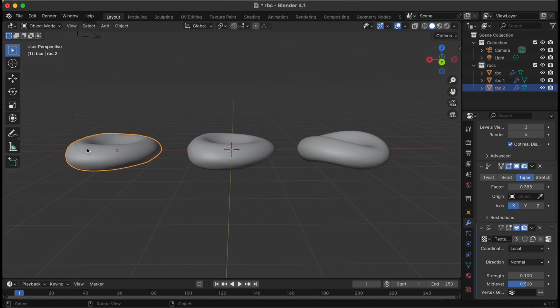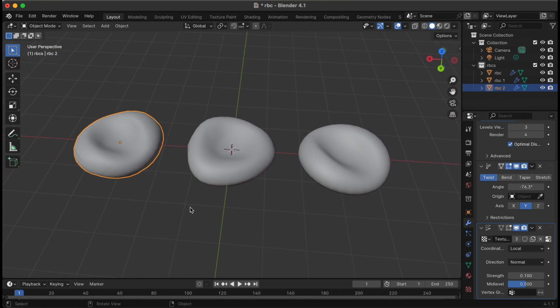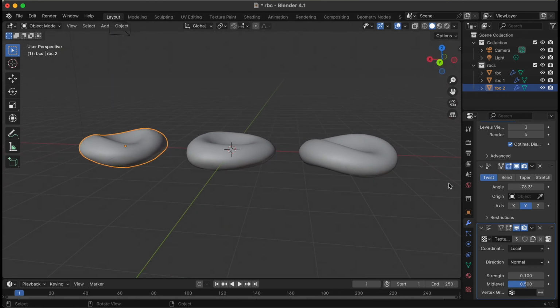For the second one, we can also add twist deformity of about, say, -61, maybe along the y-axis. -76 would be fine as well.